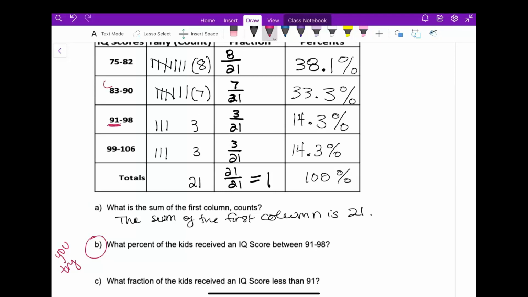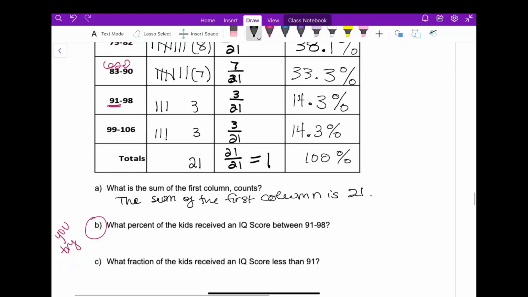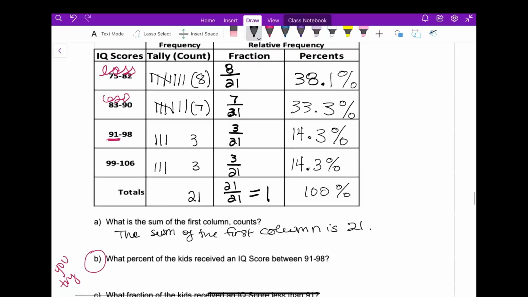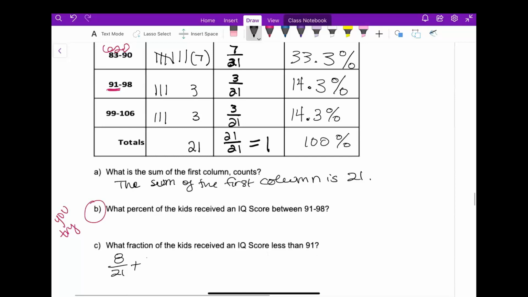So this is less, and this is less. This is actually kind of a double question. So we have a fraction of 8 over 21, because those are less than 91. And the 7 over 21 is also less. So we have 15 over 21. Let's write it out. 15 out of 21 kids